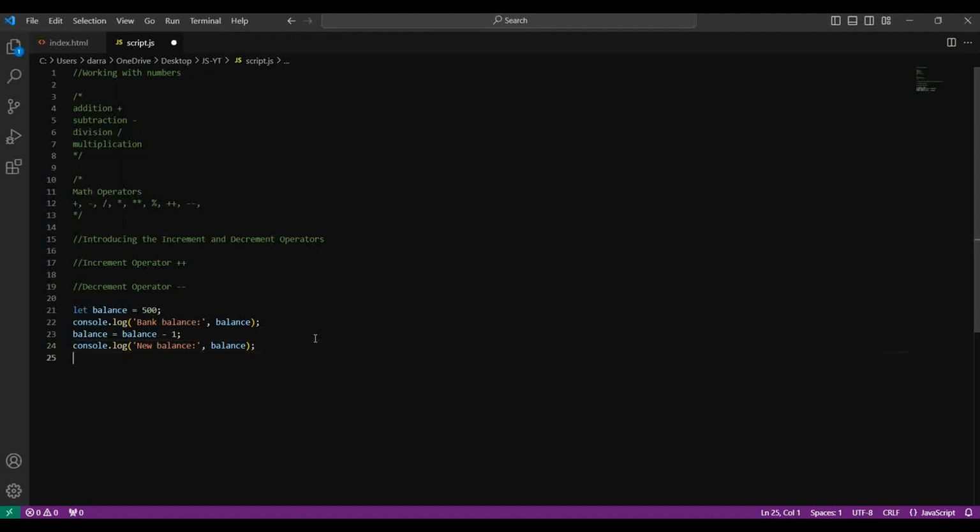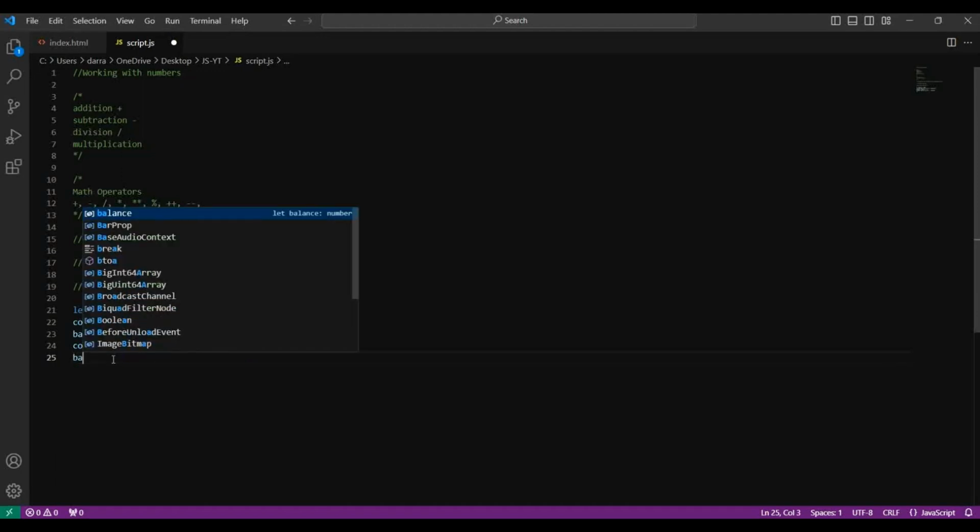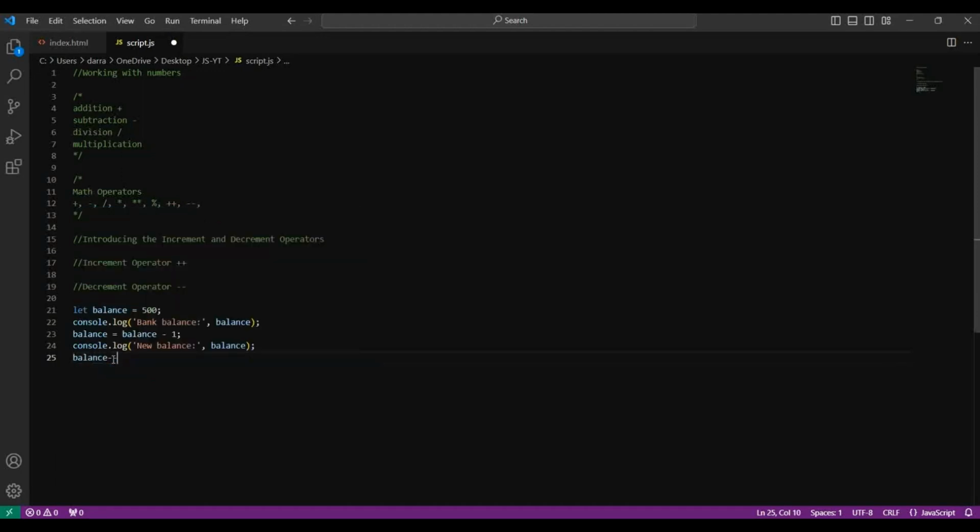Now, similar to the increment operator, there's shorthand notation, and that is what brings us to the decrement operator in this tutorial. So all we need to do, instead of saying balance is equal to balance minus 1, we can just say balance minus minus, and that's going to work for us. So balance minus minus using the decrement operator, that is shorthand notation. Look at how much shorter that is compared to that line of code there, okay? And to prove this still works,